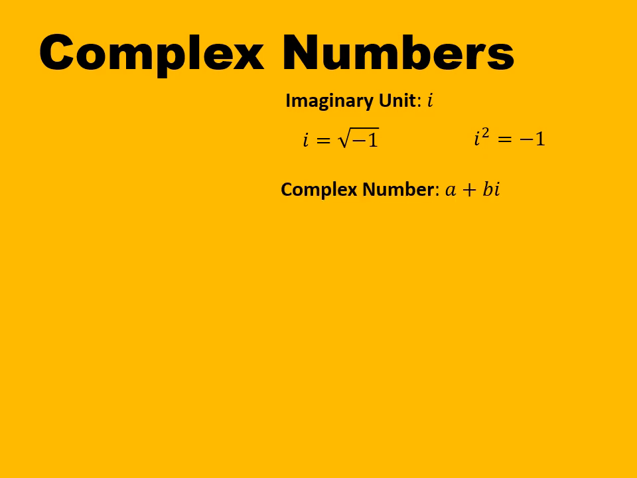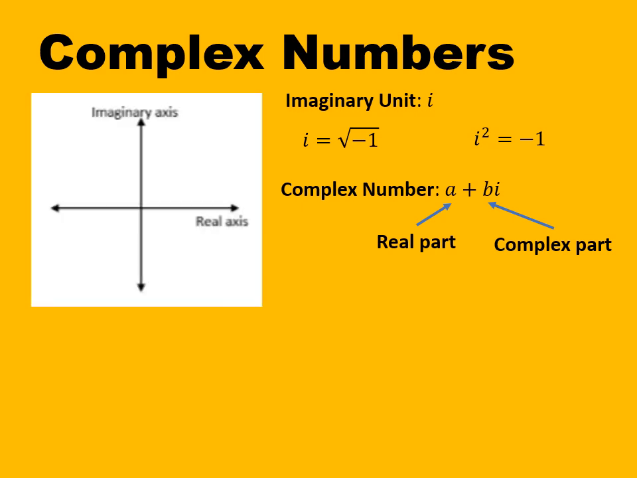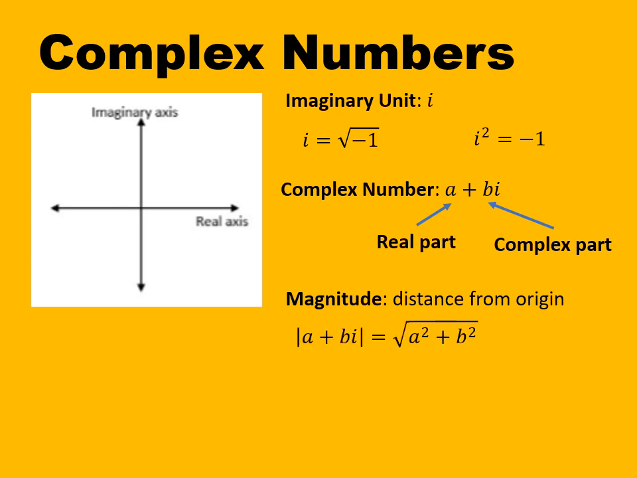Now, complex numbers are the form a plus bi. a is the real part, bi is the imaginary part, and we can actually graph those on the complex plane. It's just instead of an xy axis, the x-axis is the real axis and the y-axis is the imaginary axis. And we can figure out magnitude, that's the distance it is from the origin, and that's just working with